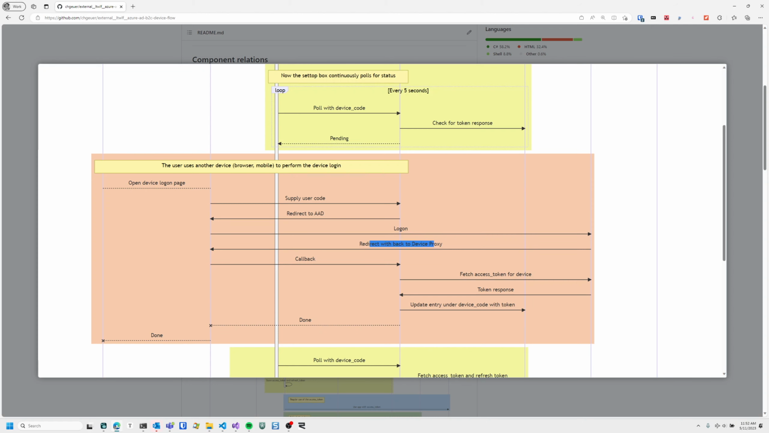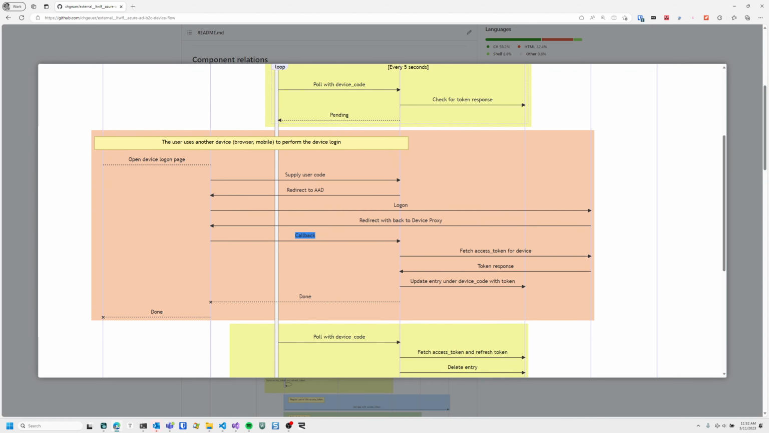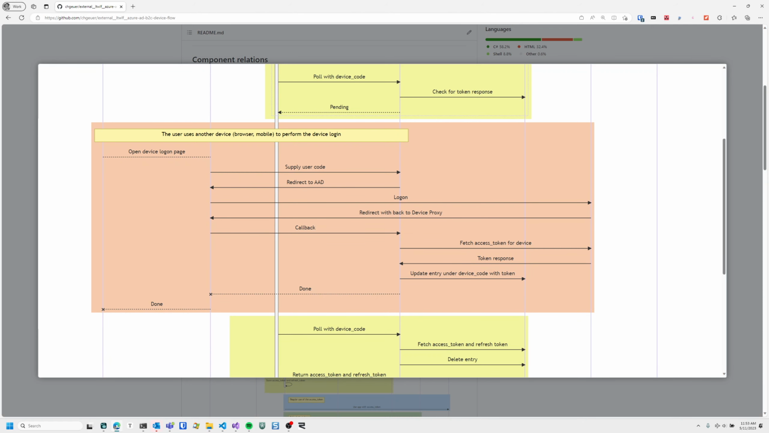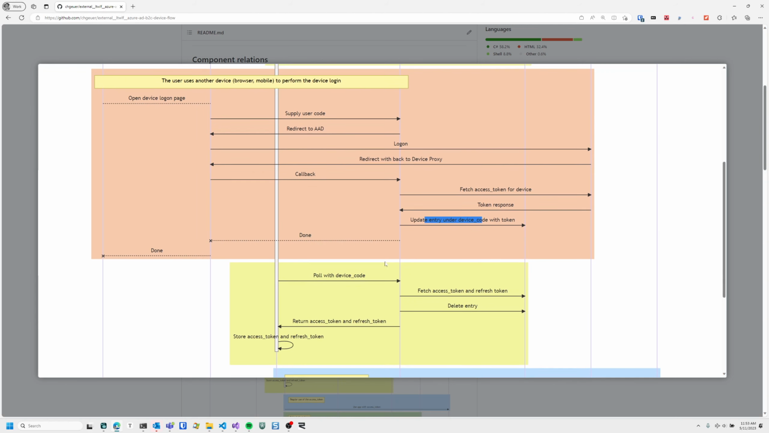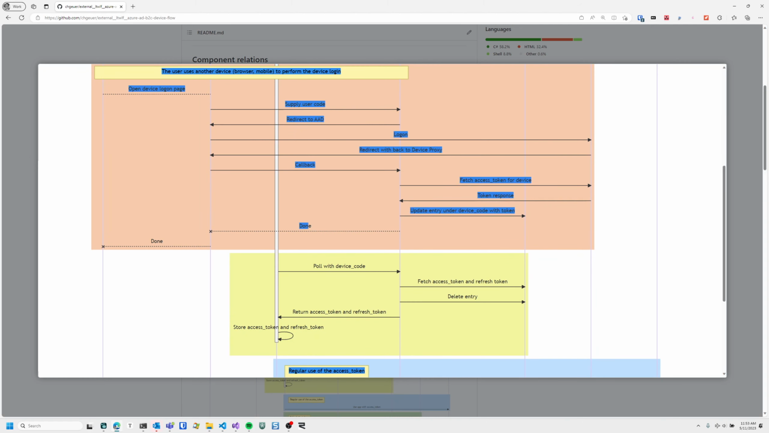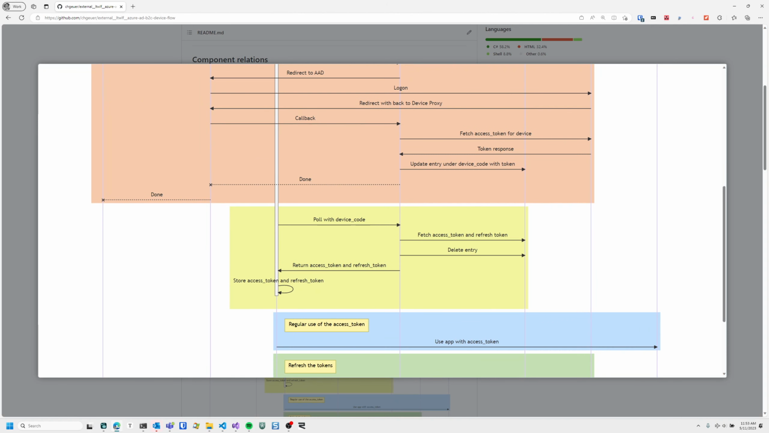And once they get redirected back to the callback of the device proxy, the device proxy in the back talks to Azure AD, fetches a token and a refresh token, and stores these in the Redis database, and tells the user that the sign-in process is correctly finished. The device in the middle continues to poll, and once a user has signed in, it has a proper access token and a refresh token in the database, so it can delete the entry and return it back